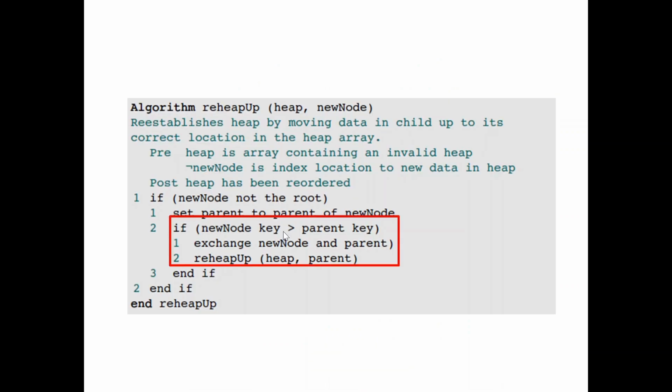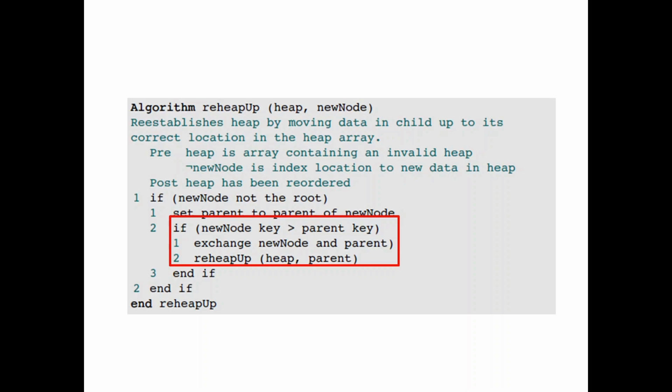So here is the algorithm. The core part of the algorithm is, after the new node is inserted into the heap tree, we have to check its value or the key with its parent key. In case the new node's key is greater than the parent key, then we have to exchange it. After exchanging, we have to recursively call the same algorithm to compare the value with its new parent. And once again, if change is needed, then swapping will be done, and this will continue until it stops.